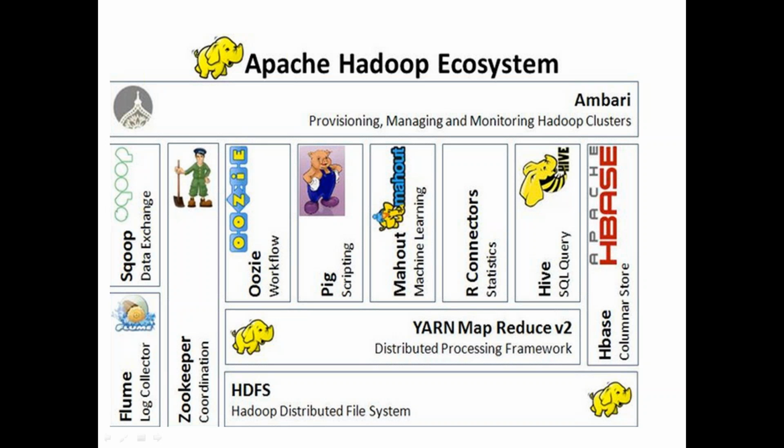And there are connectors to work on top of R with Hadoop. And Mahout is a machine learning tool on top of Hadoop. Everything here is on top of Hadoop itself. That means Yarn and MapReduce combined will be called Hadoop. HDFS will be the storage ability and Yarn will be the processing framework. Both combined are called Hadoop, and these are all the Hadoop ecosystems.